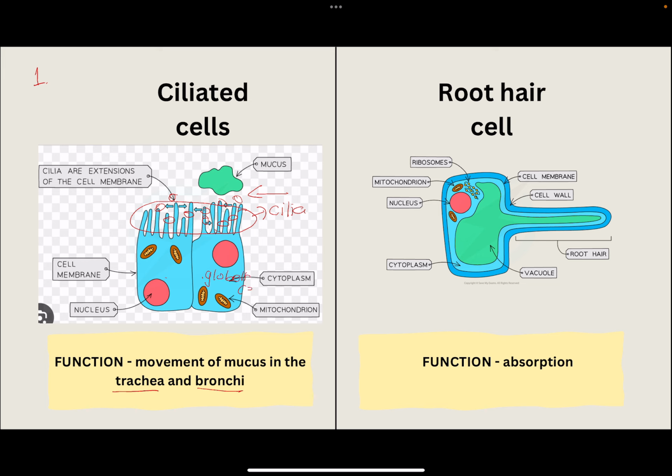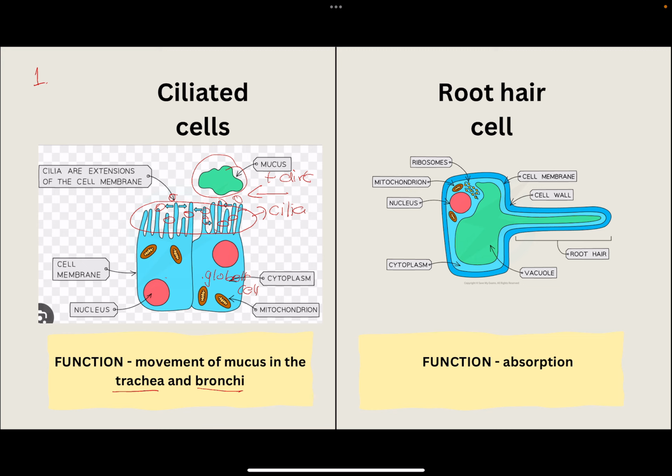What the goblet cell does is that it produces mucus. Now the mucus plus the dirt or any bacteria which are there will come up together